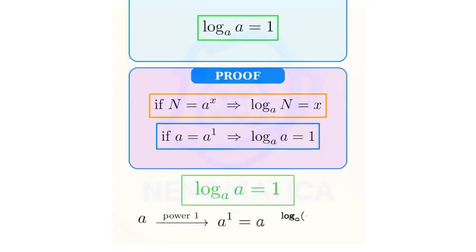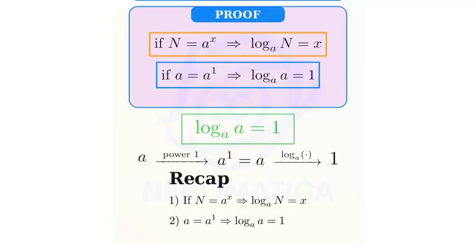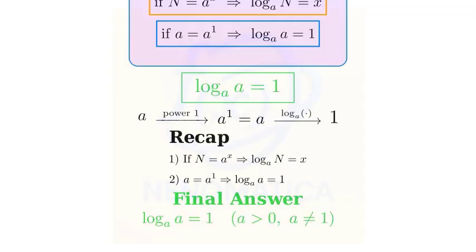As an intuition check, logarithm and exponent are inverse processes. Starting with a, raising it to 1 returns a, reading that exponent back with log base a returns 1. Recap: 1. The definition. If n equals a to the x, then log base a of n equals x. 2. Since a equals a to the 1, substituting gives log base a of a equals 1. This completes the proof. Final result: log base a of a equals 1 for any positive base a not equal